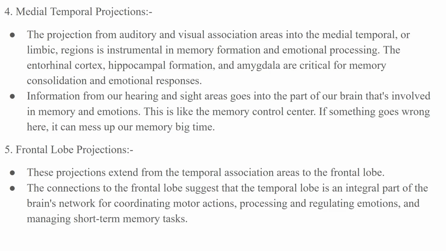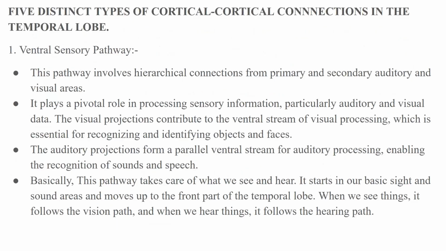Then frontal lobe projections. These extend from temporal association areas to the frontal lobe. It is an integral part of the brain's network for coordinating motor actions, processing and regulating emotions, and managing short-term memory tasks. So these are five important pathways, five distinct types of cortical connections